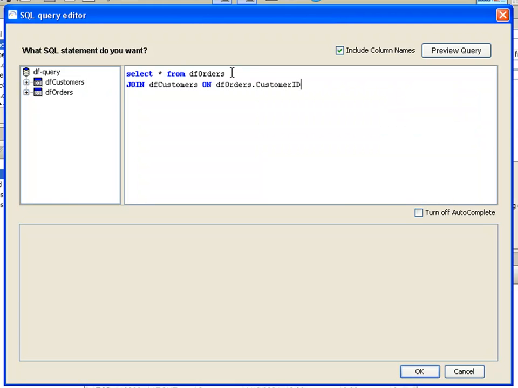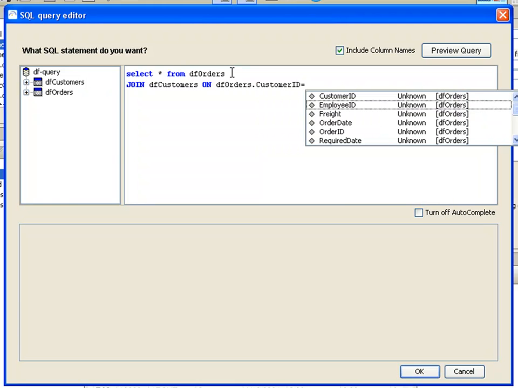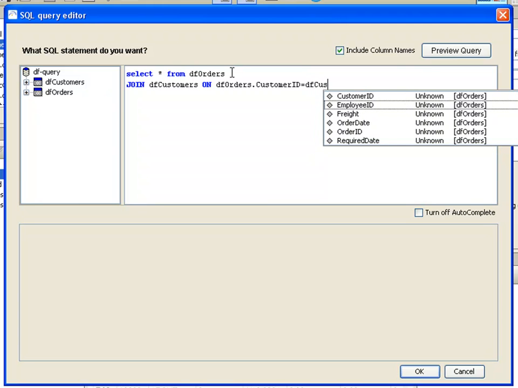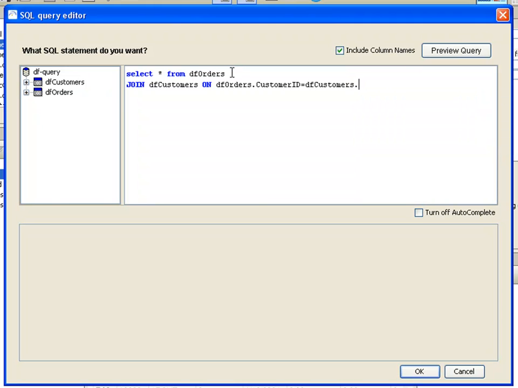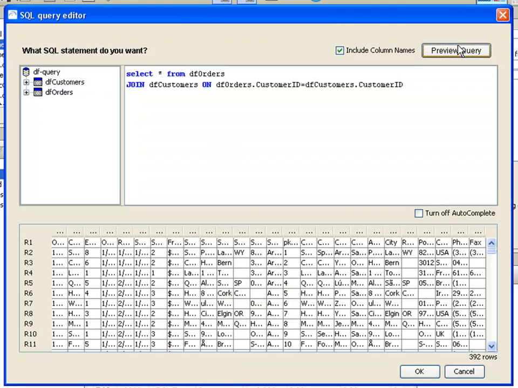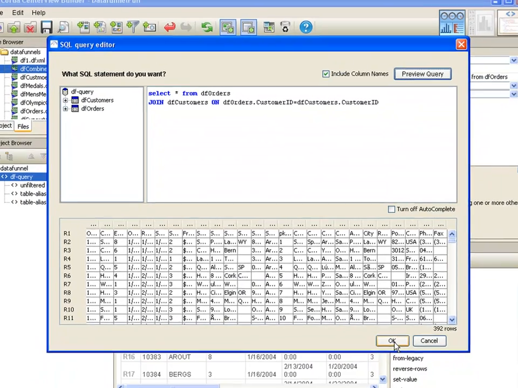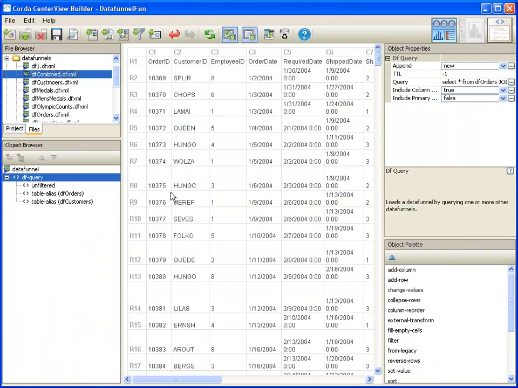We want that to match our customer ID from the customers table. Now what this gives us, if we look at the data that comes back, we have our order,